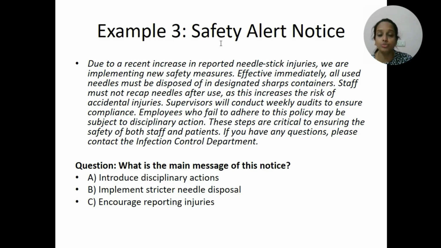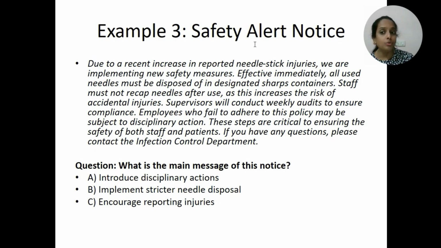Now, the question here is, what is the main message of this notice? And you have three options: introduce disciplinary actions, implement stricter needle disposal, encourage reporting injuries. Okay, so remember our step by step approach. Whatever short workplace extracts that you are reading, make sure to apply the